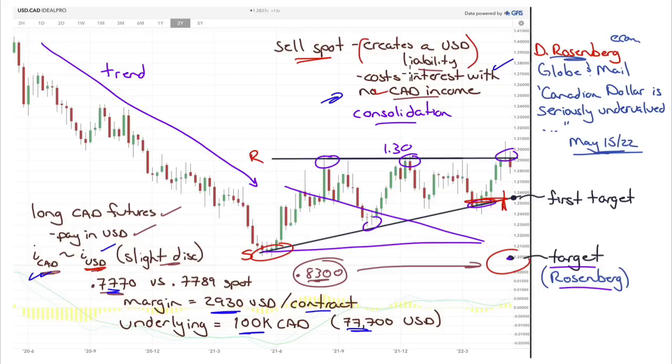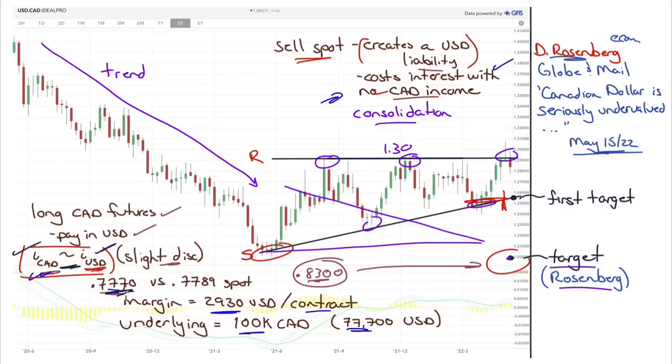Spot trading is kind of like the lowest form of currency trading, only because it has that huge cost associated with the negative currency balance on the other side, the negative US. You would have to be long the CAD, and there's the dissimilarity in the interest rates. Here it's all wrapped up in the futures contract. So you are paying the US interest rate, but you are implicitly getting the Canadian rate and you're getting bank rates. And right now they're very, very close together, and it gives you that 12 pip premium.